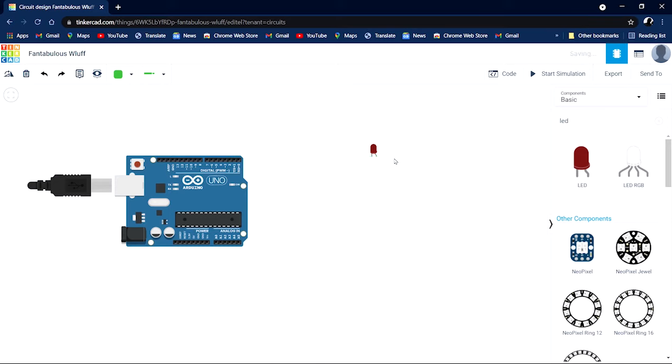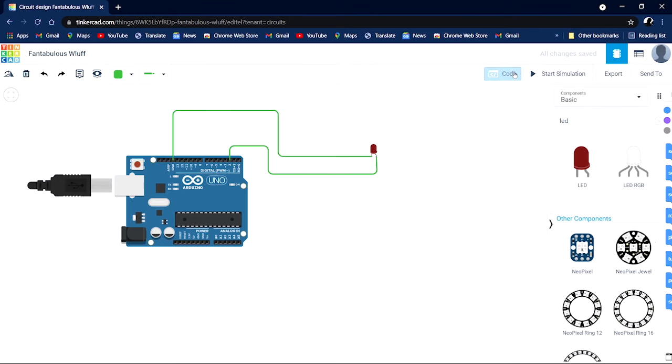Wait, I made a mistake. I should connect this cathode to ground, and connect any of the digital pins to the anode. Just see that I've connected an LED.